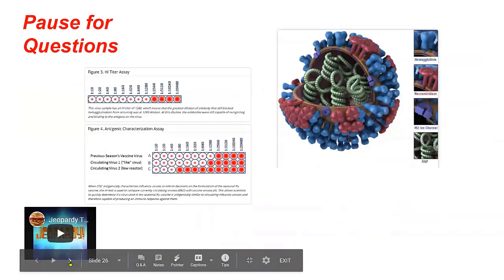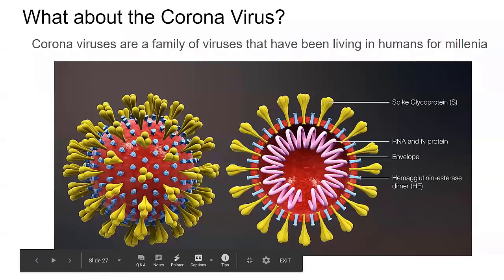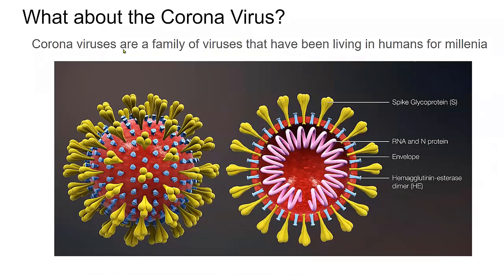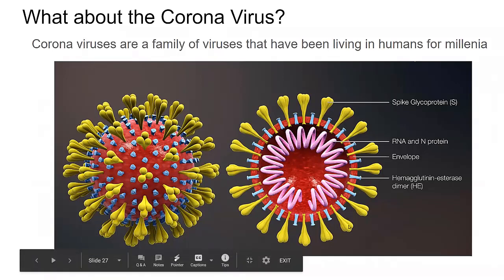Let's go forward to my last section. Yeah, I can do it well. All right, so this is the one you care about, the coronavirus. Some of you may think there was no coronavirus before this one, but no, there's a family of viruses. They've been with humans for thousands of years, and this one just happens to be one that kills people much more effectively than any of the others in the past.